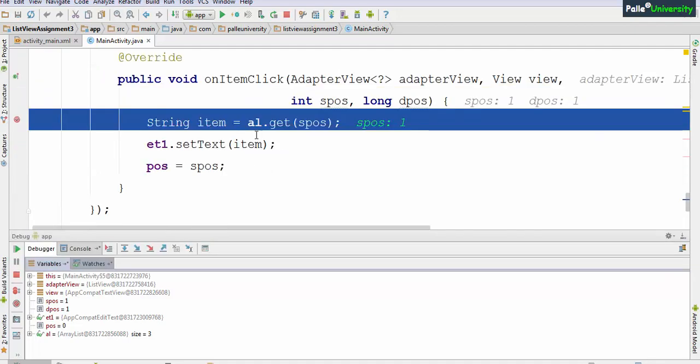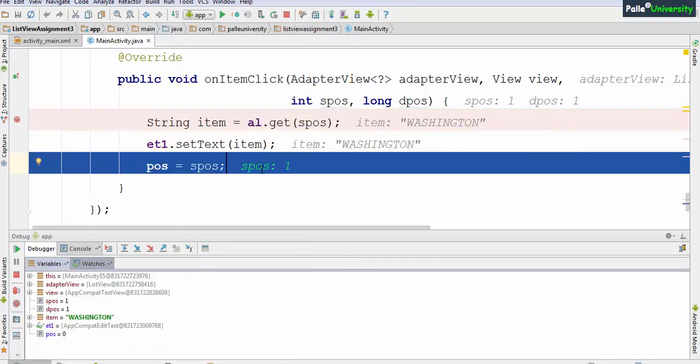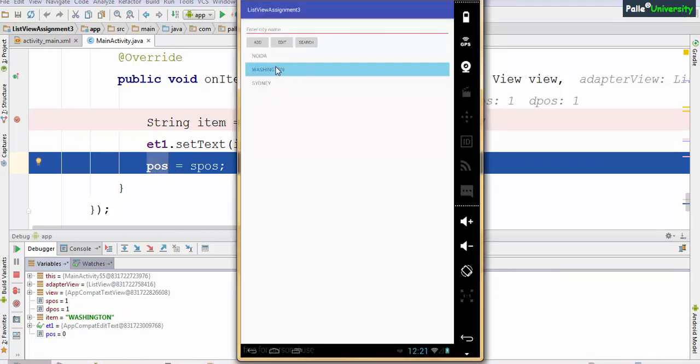Now first we will go to the array list, get that element, so that first we have to display that element on the edit text. Now let me press F8. Now I am taking this S position value as a backup in a variable POS. Can you guess why?